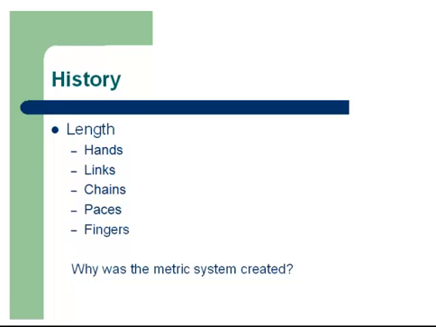Lengths and chains are the same way. You don't know exactly how big the length or how long the chain that the other person used to measure. Paces is similar. I know when I was a kid, we would make treasure maps for each other around the neighborhood, and it was really difficult to find the other person's treasure because even though they were very careful with their map, my paces would be different than the paces that my friends would take. Fingers as well, because they would be of a different size.